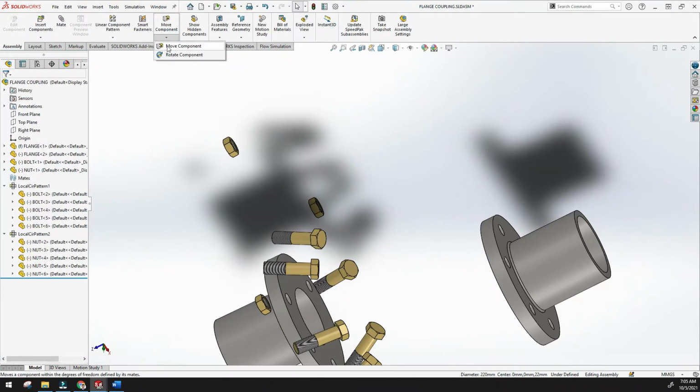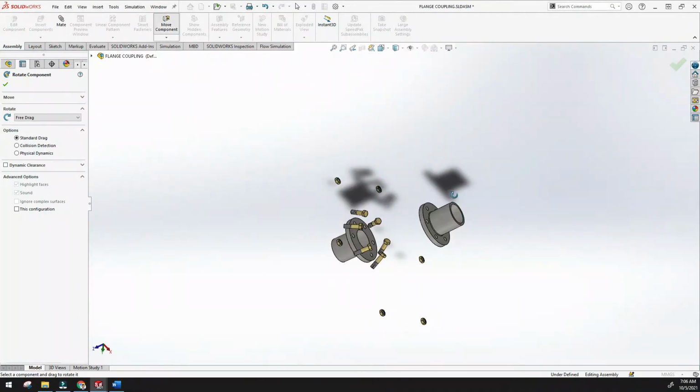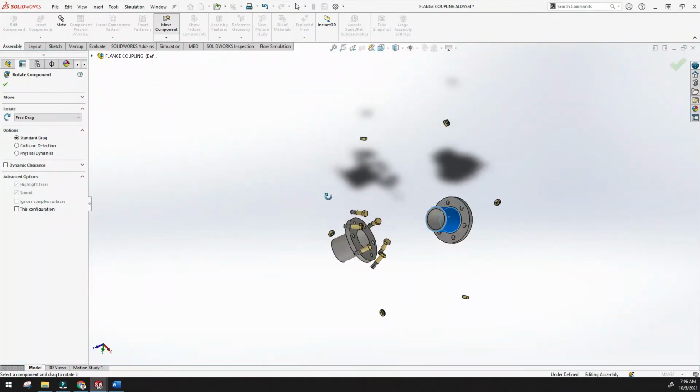And here, in move components, there is the option rotate components. Once you click this, you will have the option to rotate. Just click this and see, here you can rotate only. You cannot move or translate, but you can rotate by using rotate components.